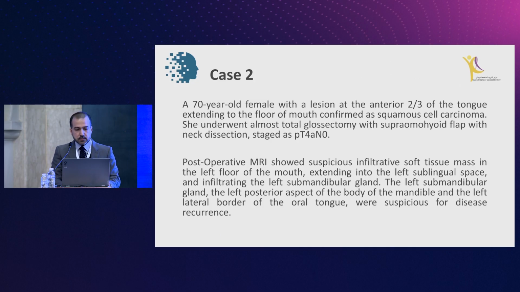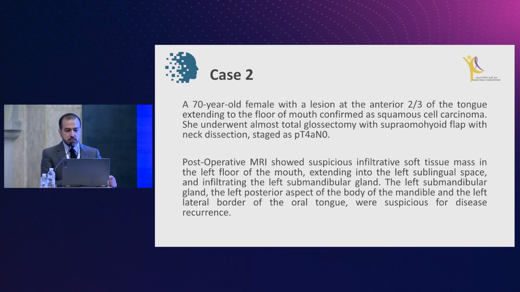So moving to the second case, it's a 70-year-old female with a lesion at the anterior two-thirds of the tongue extending to the floor of mouth, confirmed as a squamous cell carcinoma. She underwent total glossectomy with supraomohyoid flap with neck dissection, staged as T4a N0. Her surgery was done abroad. We don't have any preoperative images, and on the postoperative images, when she came to us,